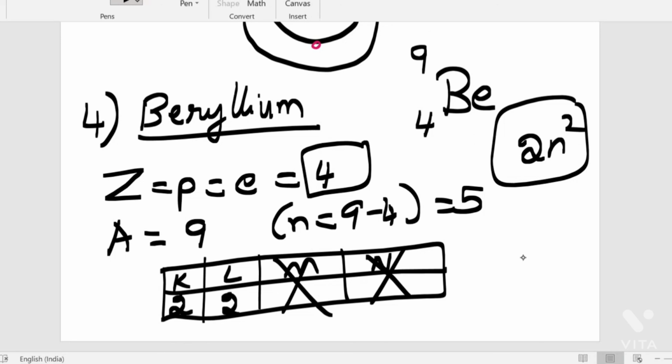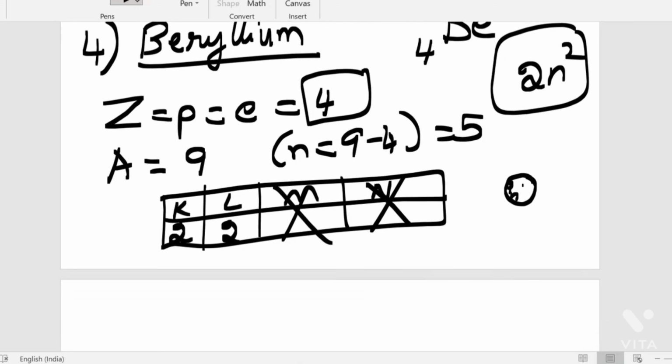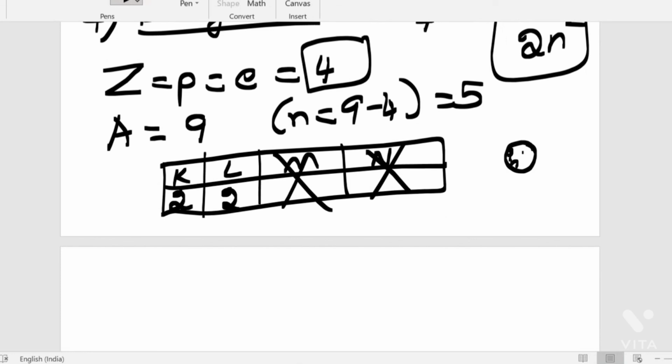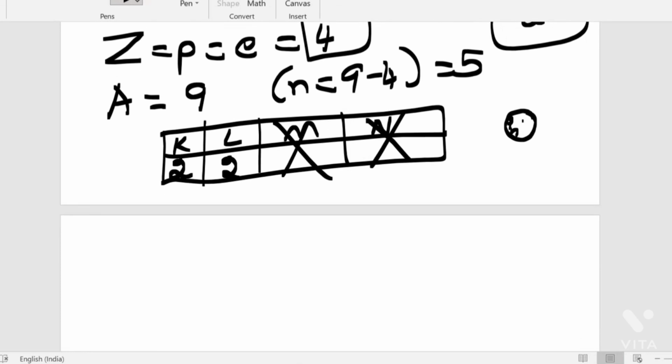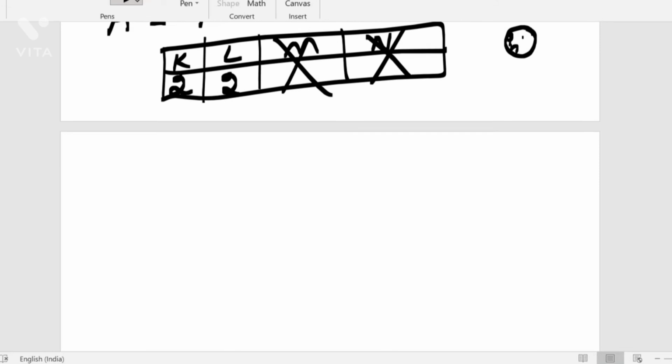So to draw the electron structure, what we can do here, I can draw like this. Then P I have to represent, N I have to represent. I'll draw on the next page as there is no place here. So the space I'm taking to the next page. Here before moving to that I should note down Z is 4. That is number of electrons, it is 4.